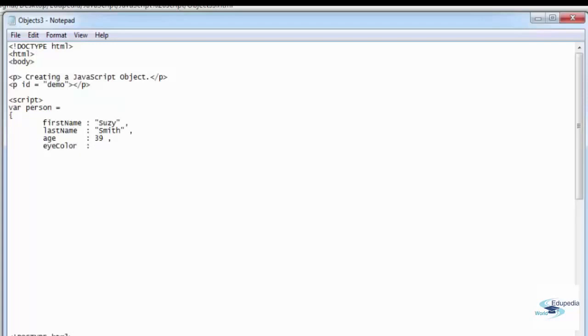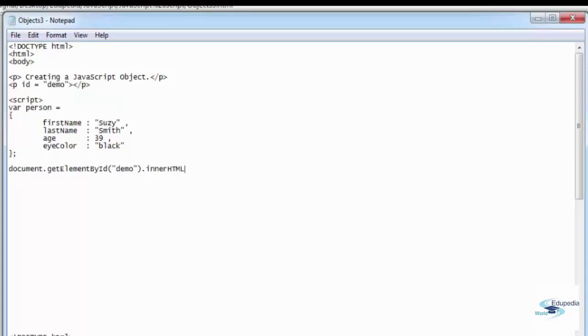There you go, eye color is black. No commas here, just hit enter and close the curly bracket and the end of statement marker. Then you need to say document dot getElementById demo